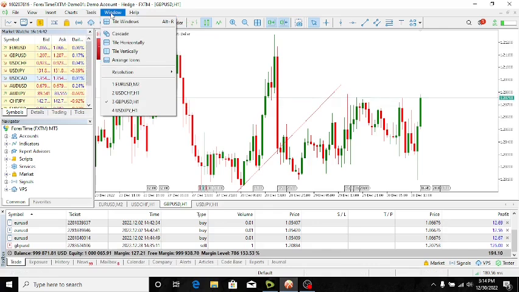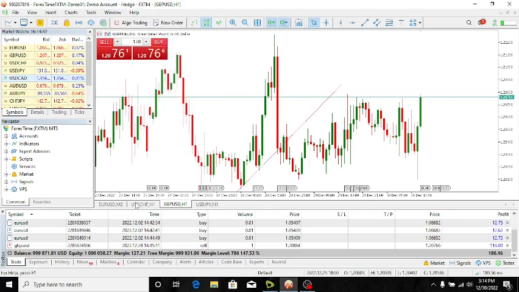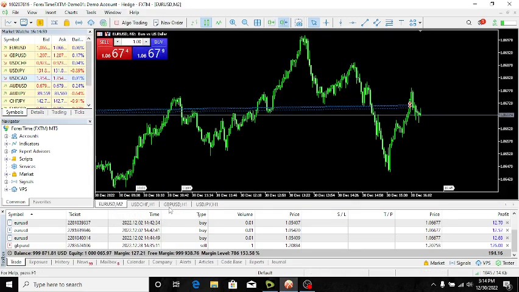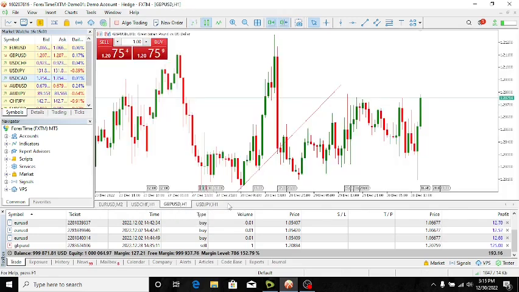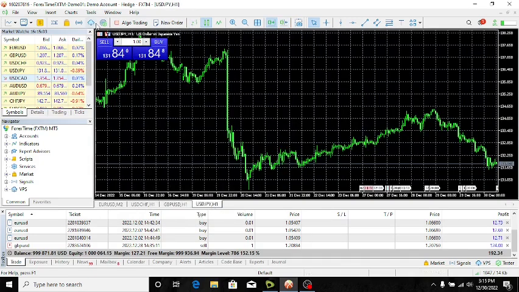The windows enables you to see various symbols and forex pairs that are on the current window. You can see here I have Euro USD, USD CHF, GBP USD, and USD JPY. They are all on my current chart. You can see it here. These are all that was displayed there. You can also see the windows